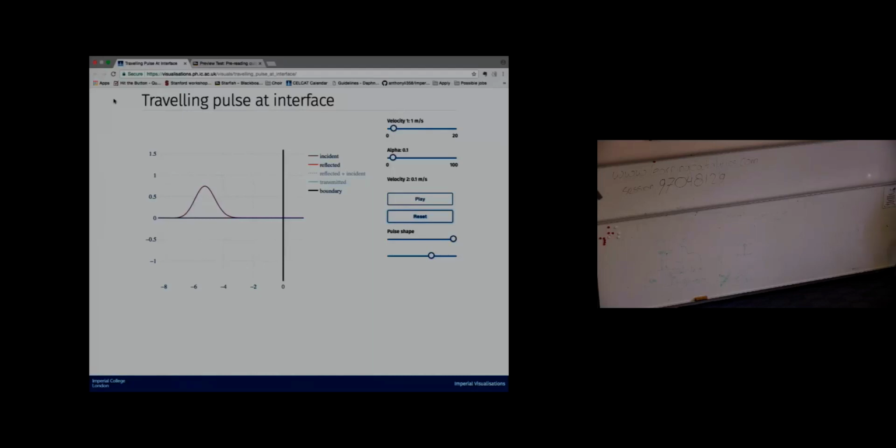Now, this is the visualization I wanted you to have a look at. This shows you a traveling pulse at an interface. I've changed the pulse parameters to make a nice symmetrical shape. It looks a bit like a Gaussian. I've set alpha to 0.1, which is a nearly closed boundary. If we play that,